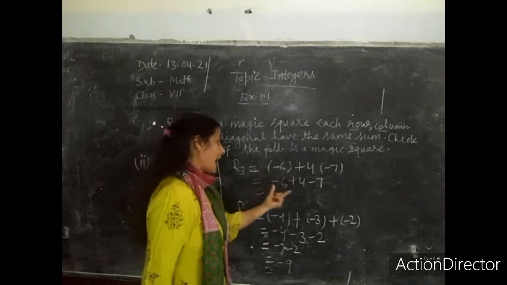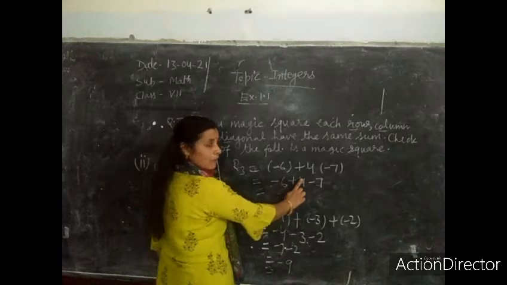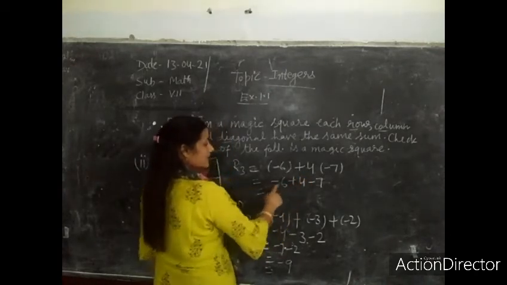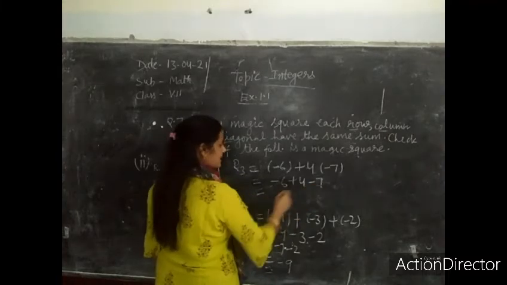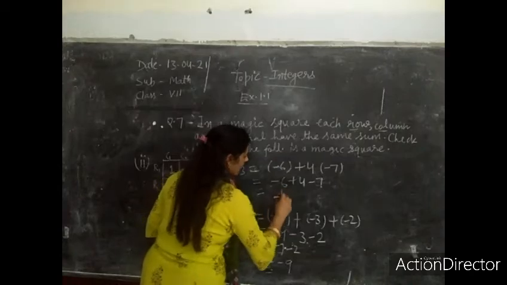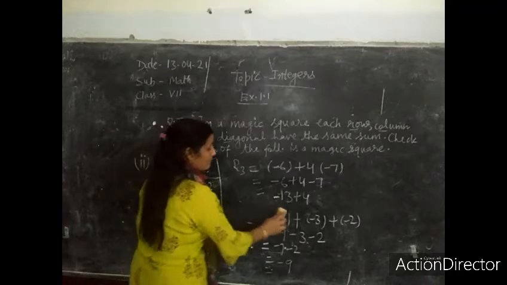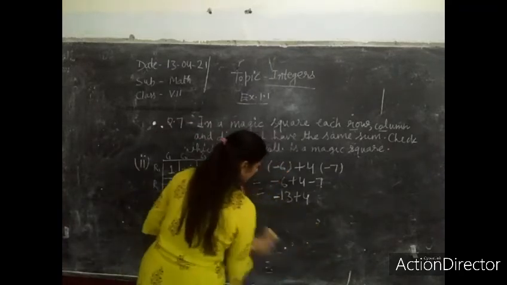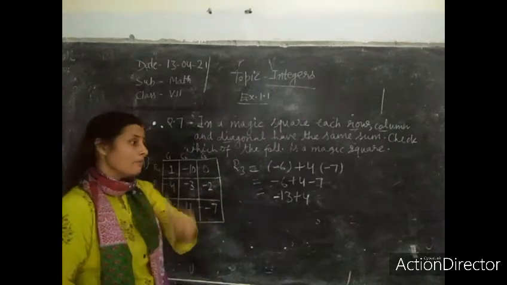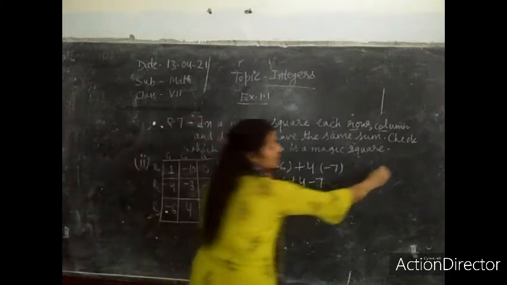So minus 6 and minus 7. We will first add those numbers having the same sign. Leave the 4 because 4 has a plus sign. But minus 6 and minus 7 are here. 6 plus 7 equals 13, so here is the sign of minus. So minus 13 plus 4. Now you can see opposite signs. Plus minus will become minus. 13 minus 4 equals